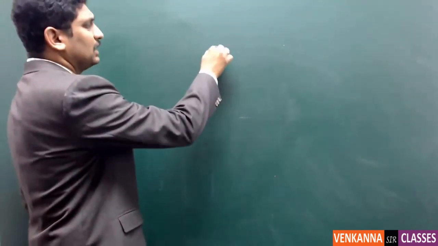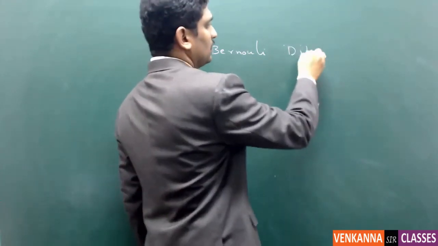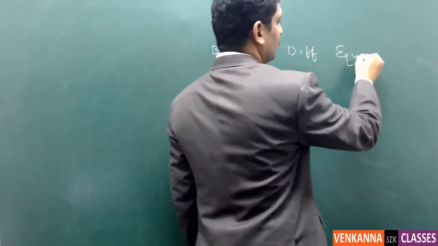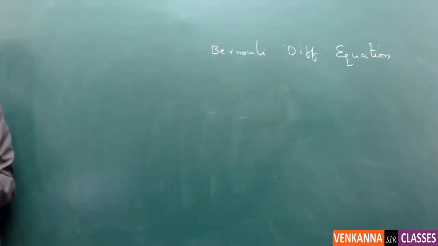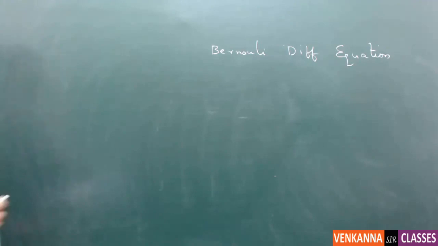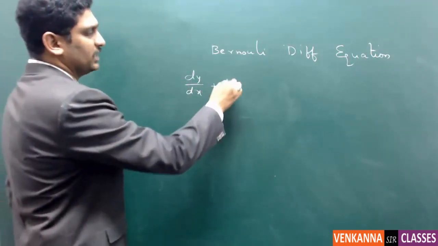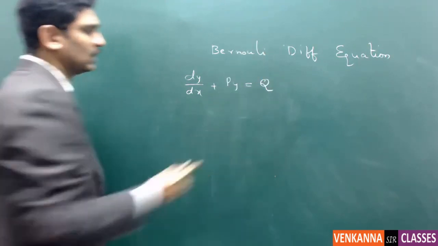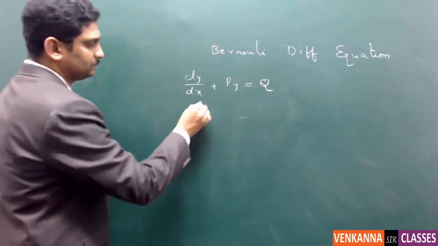Now we go to the other one, that is the Bernoulli differential equation, or Bernoulli's differential equation, we can call it. The main difference between linear and Bernoulli equation is the form. The linear equation is dy by dx plus py equal to q, and for Bernoulli it is